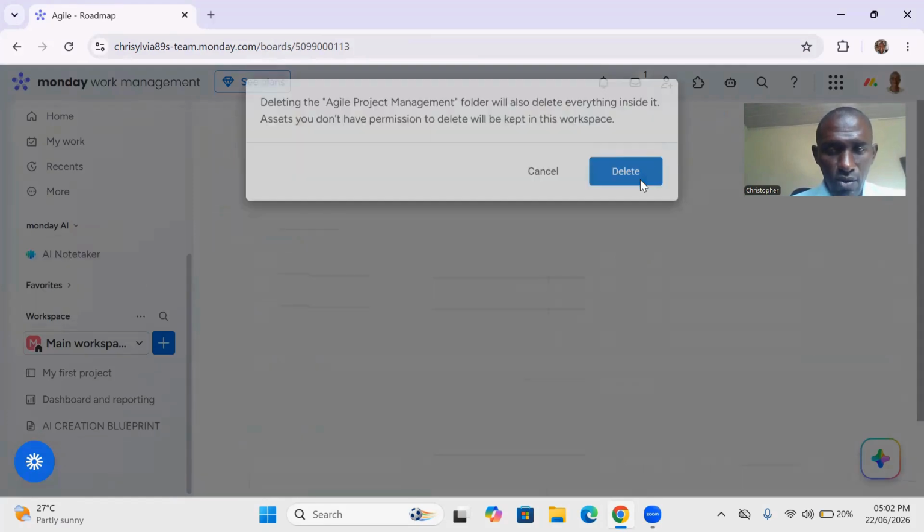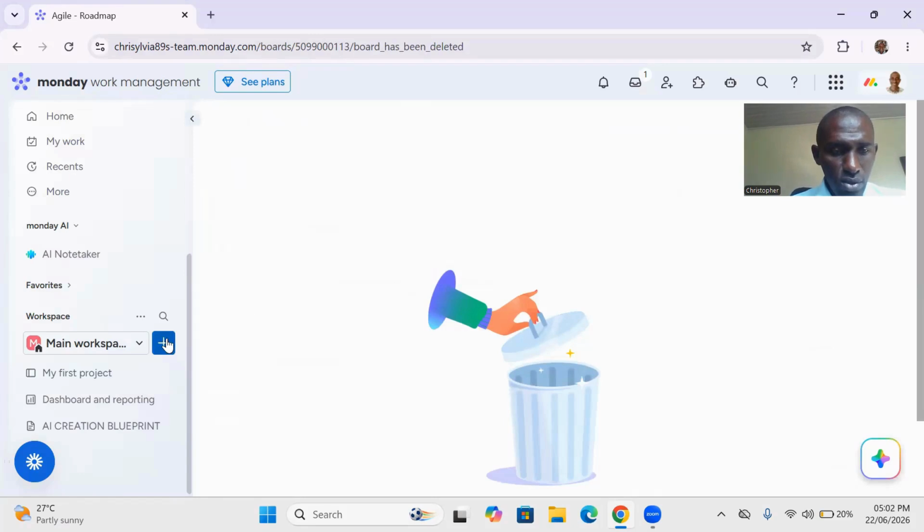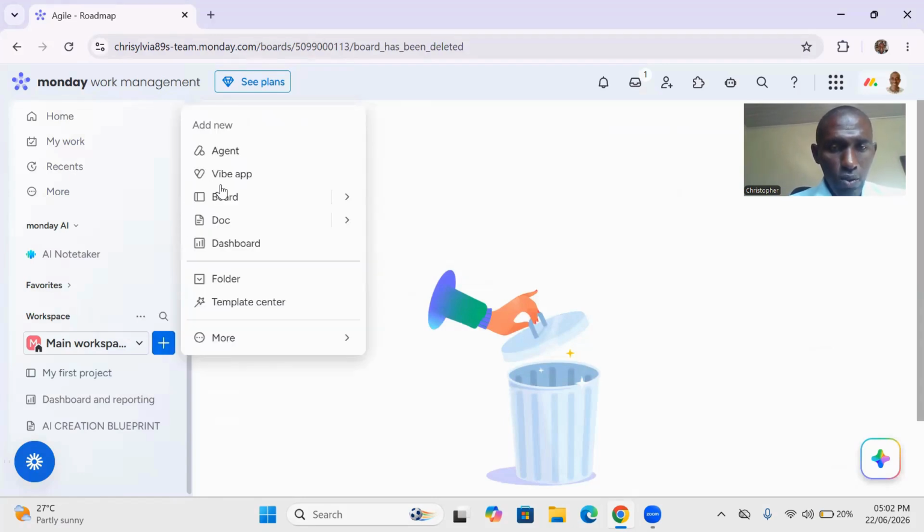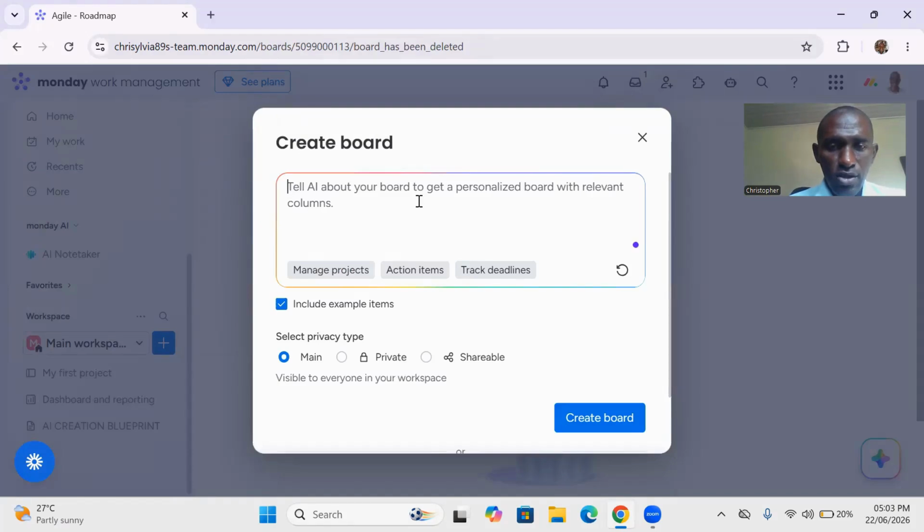So we delete and we build from scratch. So we click board and click new board. So here, with your monday.com AI, you can tell the AI what you want to do, and it will help you create the kind of board you need for that job or for that project you want to handle. So probably if you say this board is for task management, for instance,